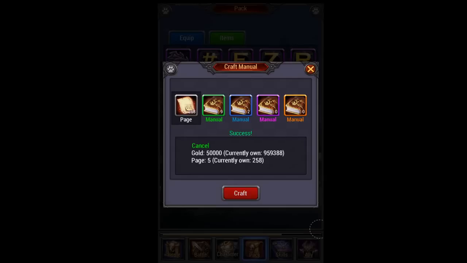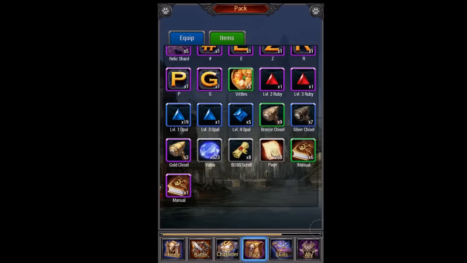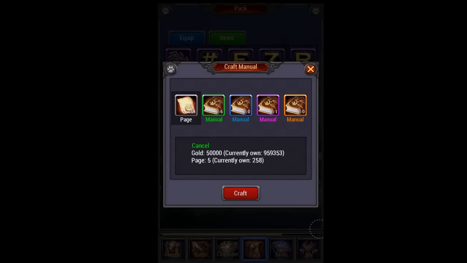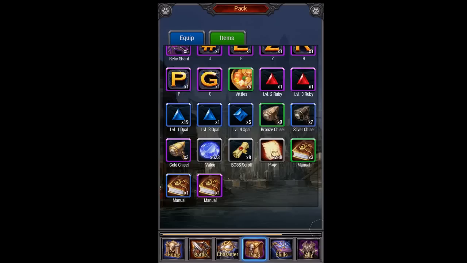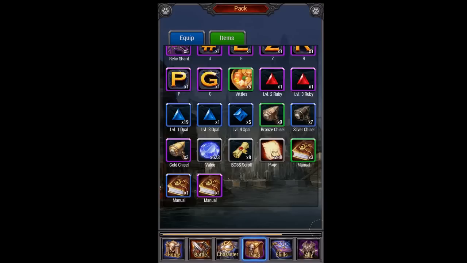So basically what you can see is that 5 pages will give you a green manual, and 3 green manuals will give you a blue manual, and 3 blue manuals will give you 1 purple manual. So optimally, it might not make sense to craft anything above green, because let me show you. As you can see, a green manual gives you 30 EXP, and we know that 3 green manuals give you 1 blue manual, which by right should give me more than 90 EXP, but a blue manual only gives me 75 EXP. So technically it might not make sense, but because realistically